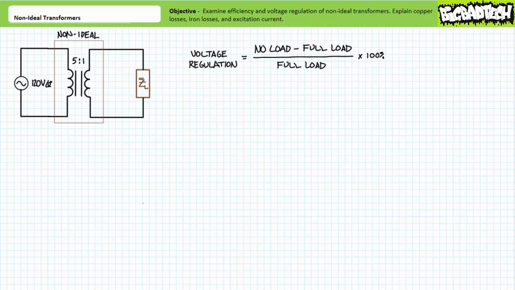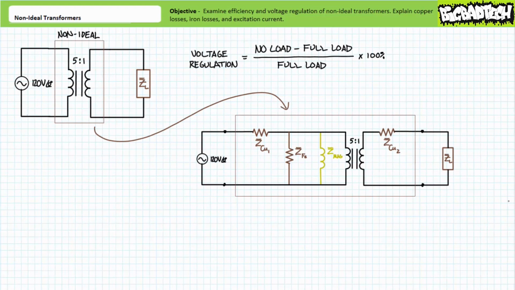Consider a 5-to-1 step-down transformer powered by 120 volts AC. If this transformer was ideal and truly 100% efficient, the secondary output voltage would always be 24 volts regardless of current demand on the secondary. This is obviously too good to be true. Real transformers exhibit a small reduction in output voltage as current drawn by the load increases. The origin of this voltage drop is the small but measurable resistance of both the primary and secondary windings internal